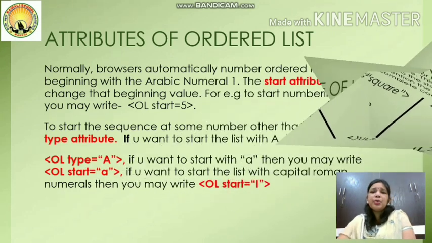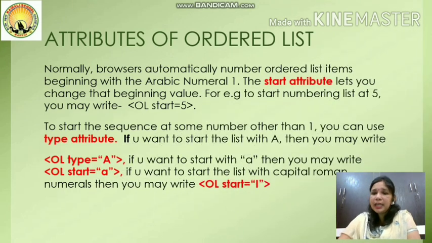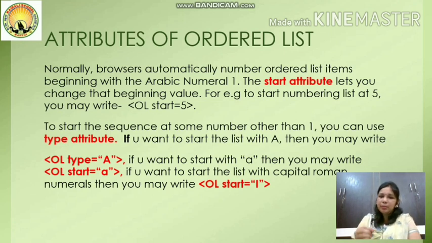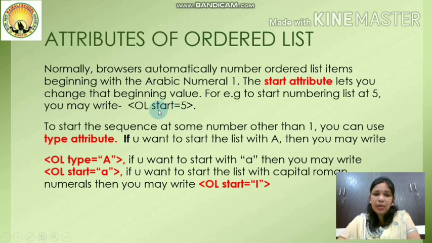Next are attributes of ordered list. Ordered list, here also we have two attributes, type and start. Start is not there in unordered list, but start is part of ordered list. Why is it used? Numbering you have 1, 2, 3, 4, 5, and by default it will start from number 1, number 2 this way. But I don't want to start from 1, I want to start from 5. So we can use one attribute, start attribute, and we will give the initial value from where we want to start. If you will not mention it, it will start from 1, 2, 3. But if you want to start from 5th number, then you'll have to give start equals to 5.